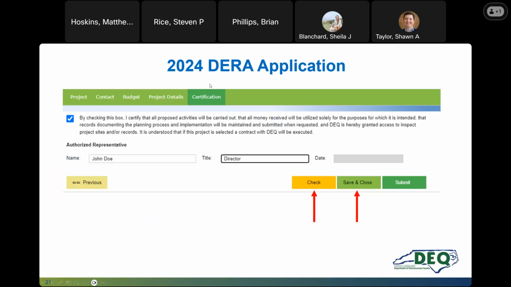Okay, so we're finally in certification. You check the box, you type your name and your title, and it will fill in the date. And so you could either submit if you're ready to go, or you could push check here to make sure that you have all of the information that you need, and then you could submit. You are going to need to submit before that deadline. This is where the rubber meets the road. The submit has to come before December 31st,